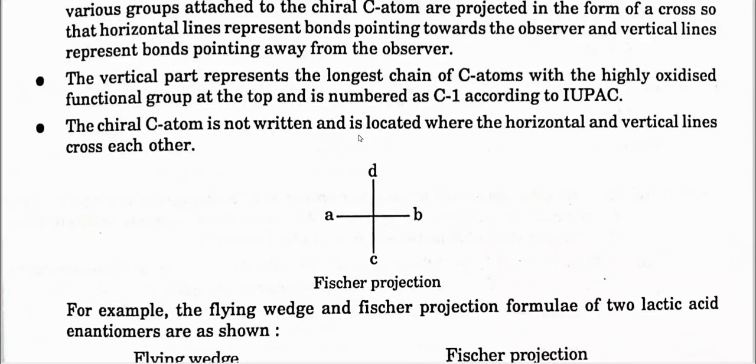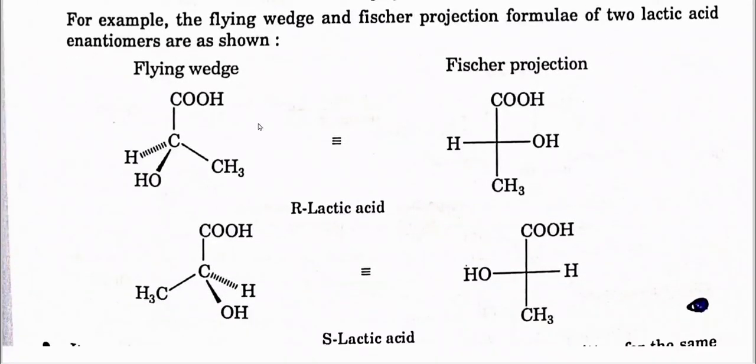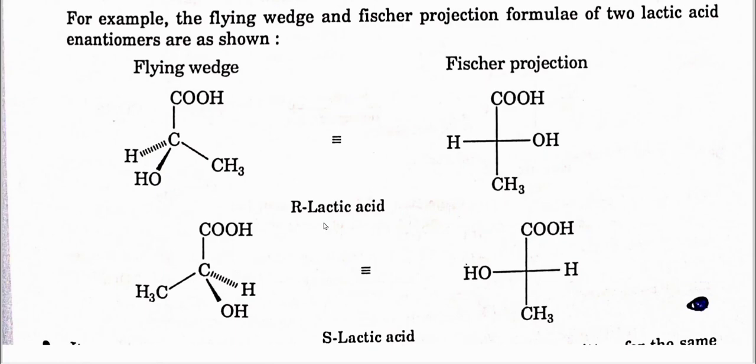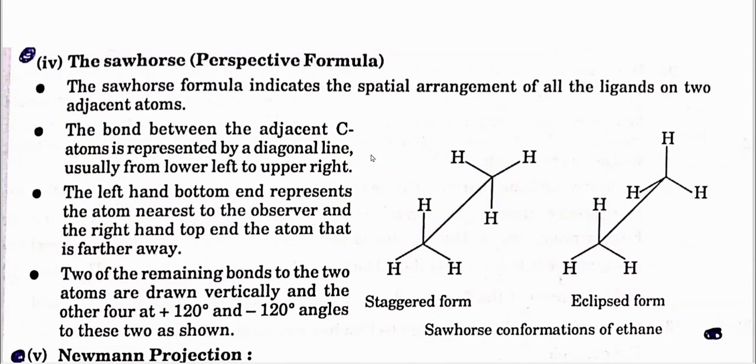A, B, C, D Fischer projection. For example, the flying wedge and Fischer projection formula of the lactic acid enantiomers are shown: this is the flying wedge and this is the Fischer projection, R-lactic acid, S-lactic acid. You can see. Next is the Sawhorse